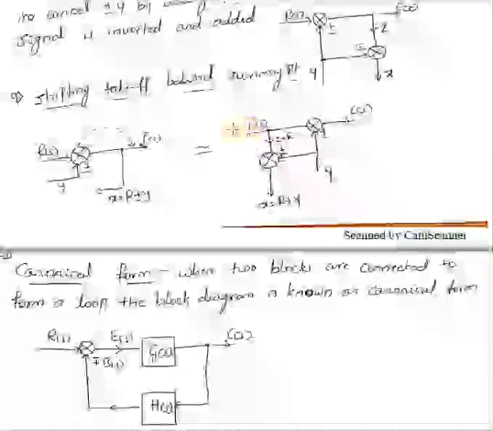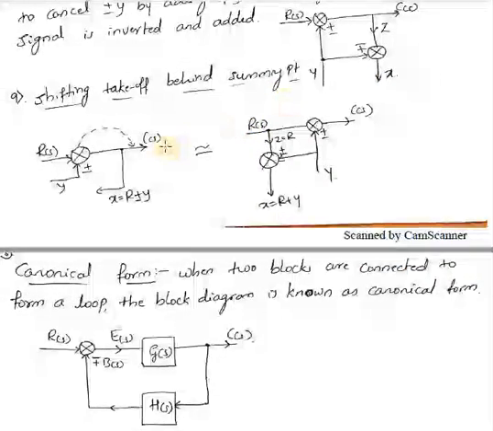Similarly, shifting of takeoff point behind the summing point. If I want to shift this one behind the summing point, here it is R plus or minus Y, but when you shift this takeoff behind the summing point,